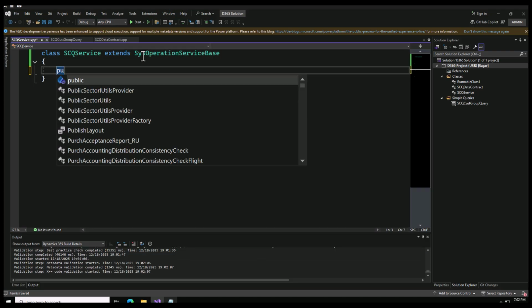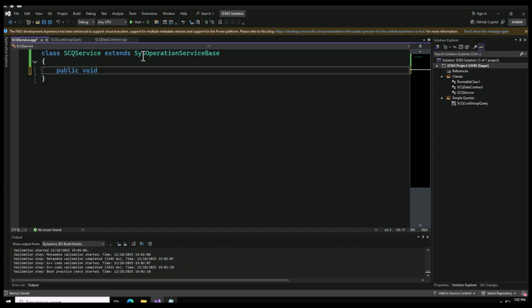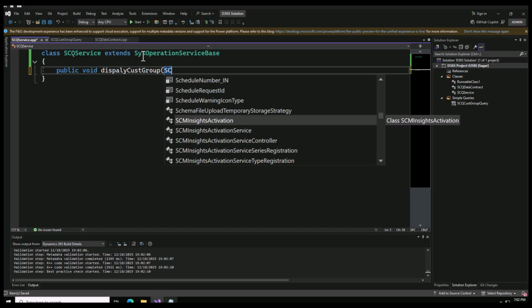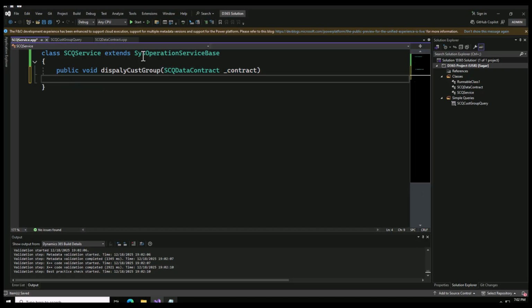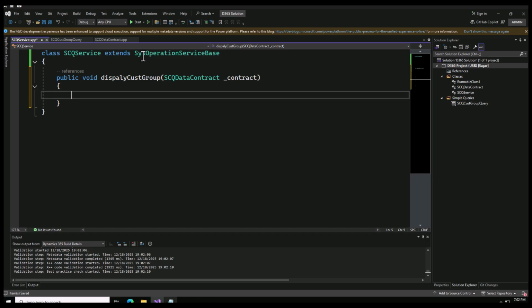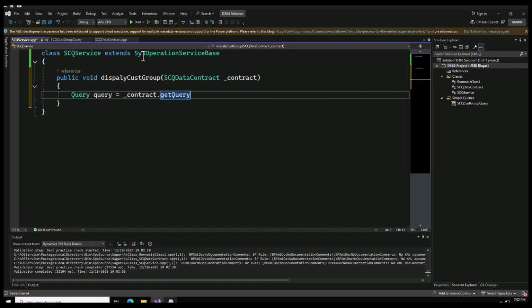Let me say the method name as public void, I'll say displayCustGroup, and here I will pass that contract, SCQ data contract. Here I can say this is contract. I will open my method. I will define a query object, and inside my query object, I will say contract.getQuery function,